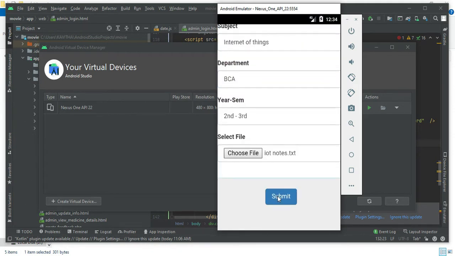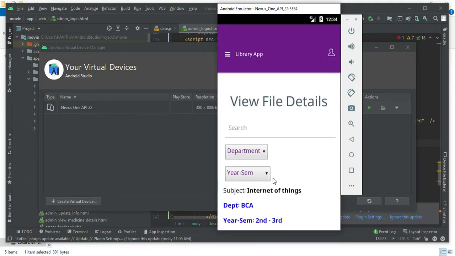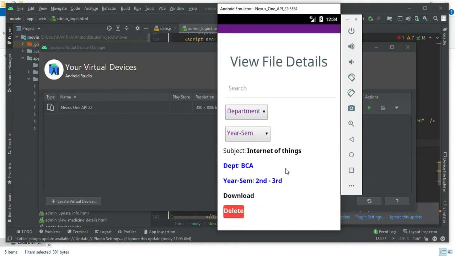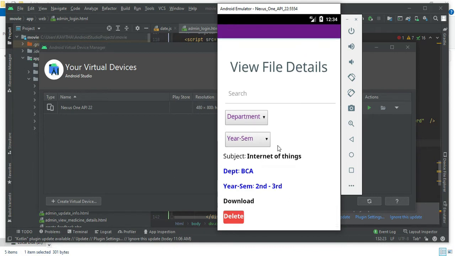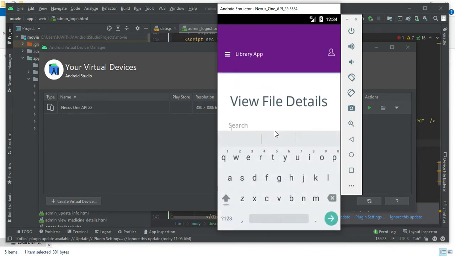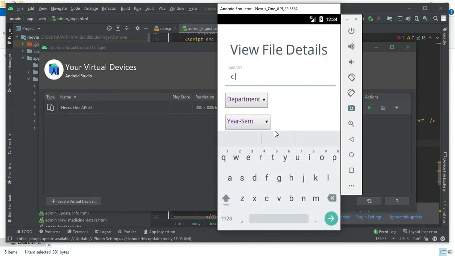Once you upload, you can see the details in the view file details. You can search department-wise. You can download it, or you can delete the details.